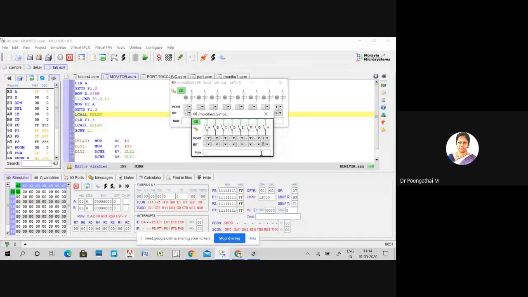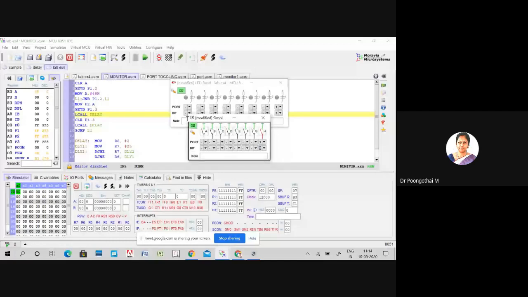So this particular panel acts as the input device and this acts as the output device. Is that clear? So we are going to apply input through this keypad, and based on the input, the output will be reflected on the LED panel.